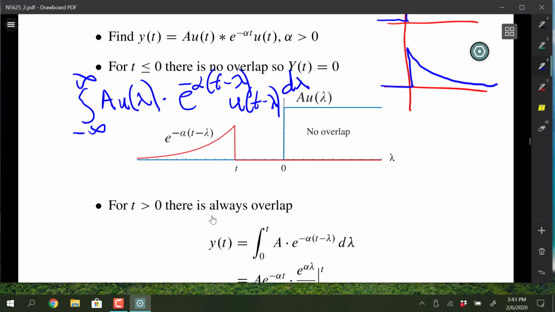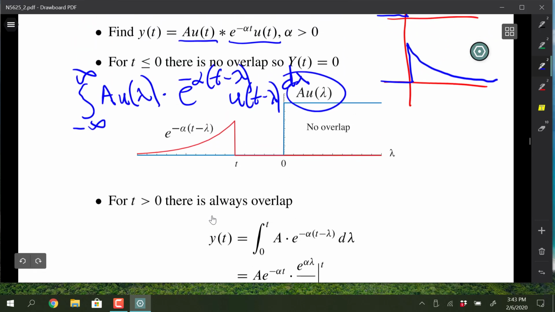So in this case, I chose to keep this one fixed. So that's this guy right here, and then I have to flip this one. So how do I flip signals on the time in the lambda axes? I usually do it in steps, but my general approach for doing any flipping like that would be to get your brain set on it. So you have to say if it's going to be u of